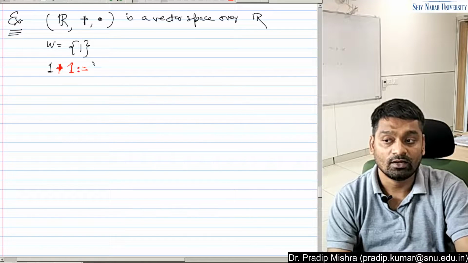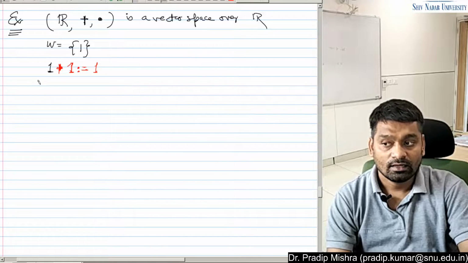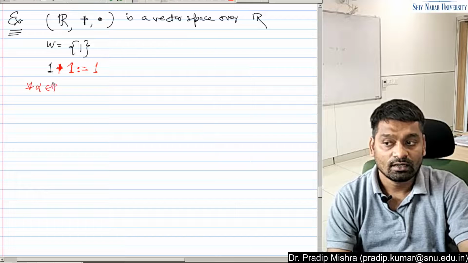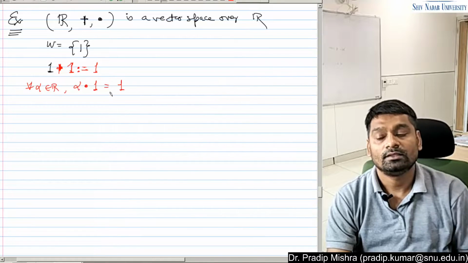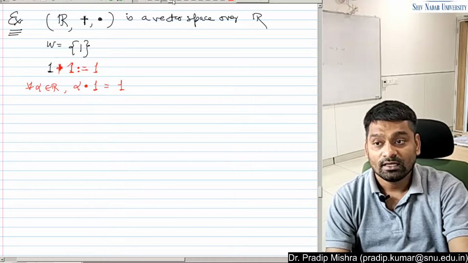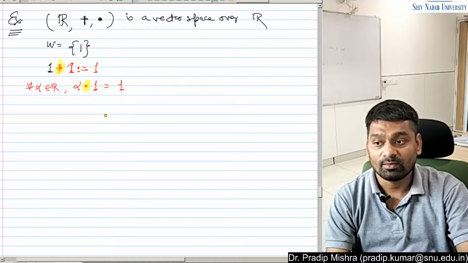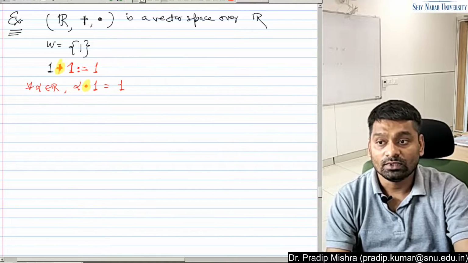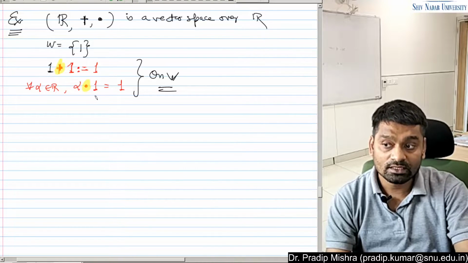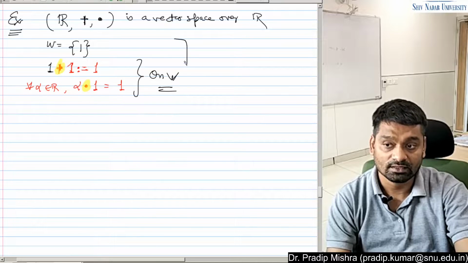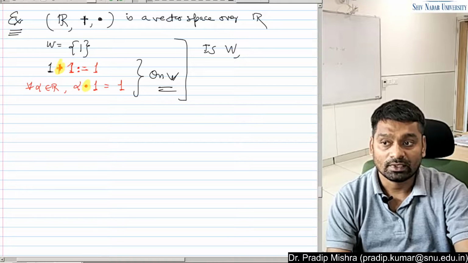This I'm defining as equal to 1, and I'm going to define for every alpha belongs to R, alpha into 1 equal to 1. This is the new plus, and this is the new scalar multiplication on W. Now with this new plus and new scalar multiplication, the question is W comma this new plus,